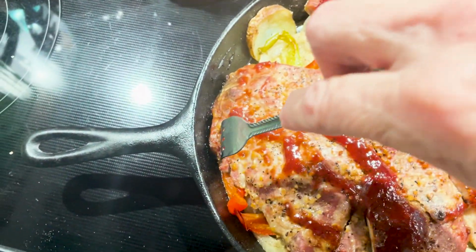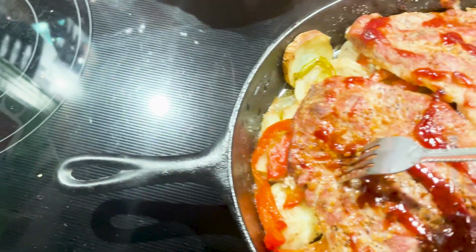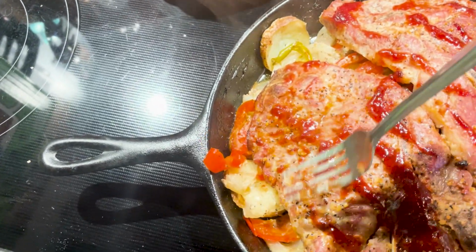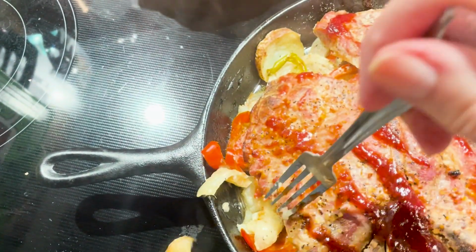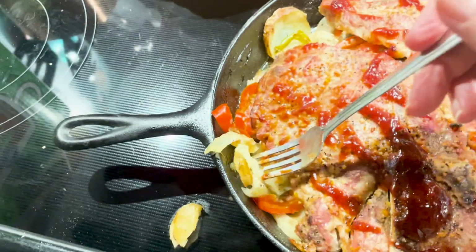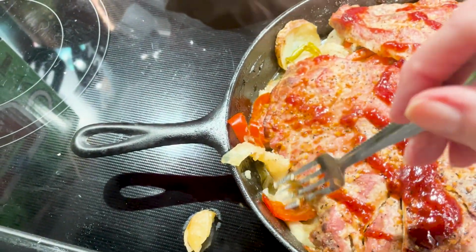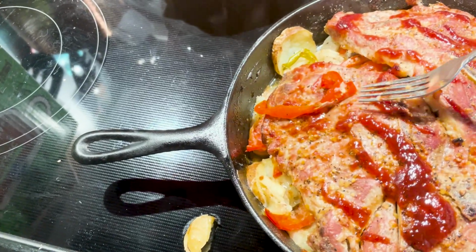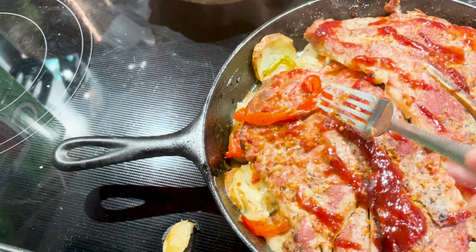Let's see if we can see a potato in here and see if our potatoes are fork tender. Now you see the potatoes? Ooh. Well, I'm throwing my food out on the stove. The potatoes are so tender. Look at there. So tender. Now,